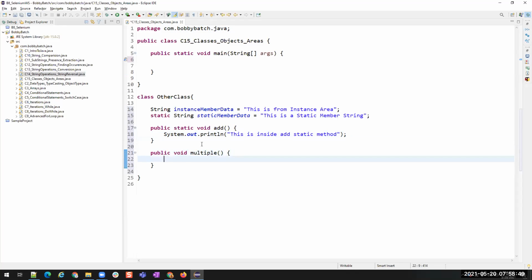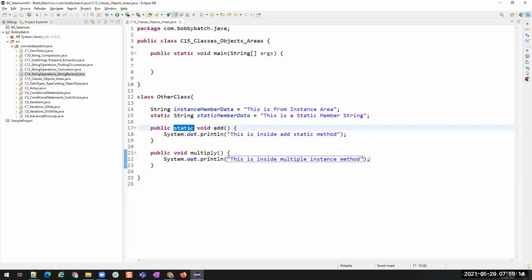See, here I'm not using any static keyword, so this will become instance area. Okay. All right. So this is inside multiply instance method. So if I'm using static, that becomes static area. If I'm not using static, that becomes instance.